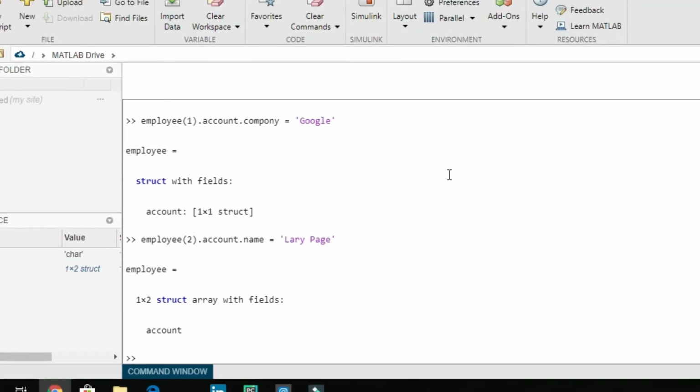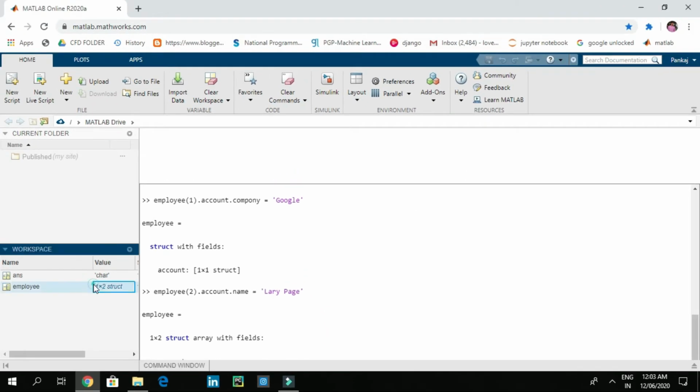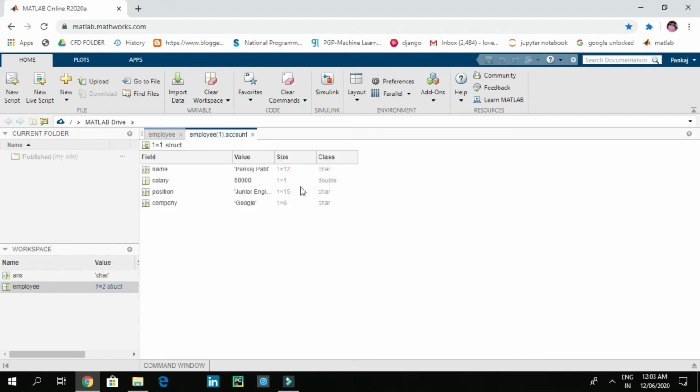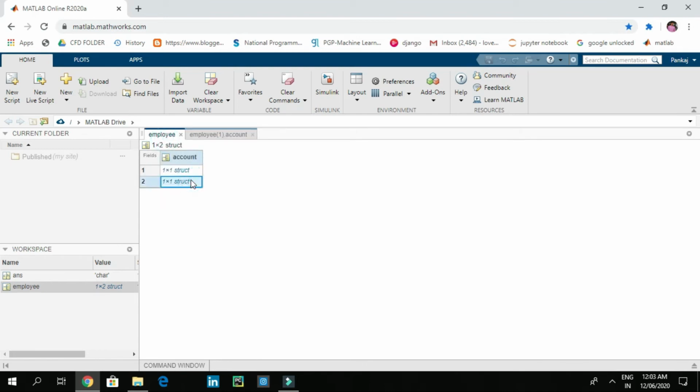So we stored information of employee 2. Now let's check the employee struct. Like that we stored 2 accounts. Open the first account. Like this we have given some data of me, and like this we have given data of Larry Page.